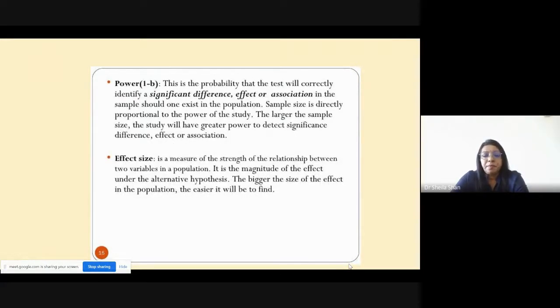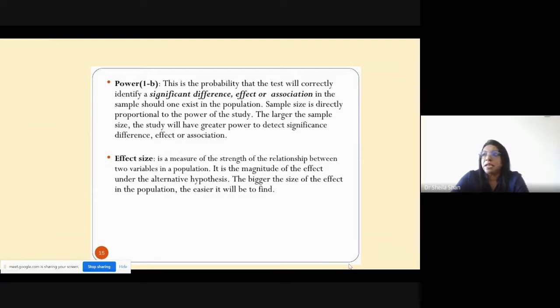Power. This is the probability that the test will correctly identify a significant difference, effect, or association in the sample should one exist in the population. So sample size is directly proportional to the power of the study. Your study is more powerful when your sample size is bigger. The larger the sample, the greater the power of the study